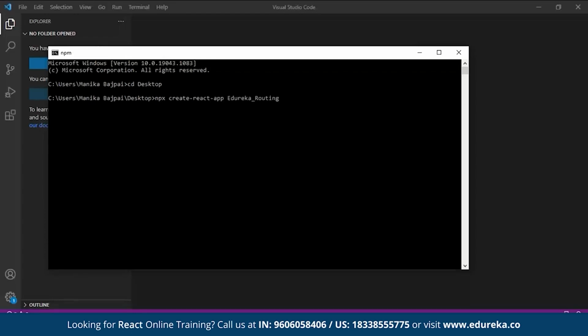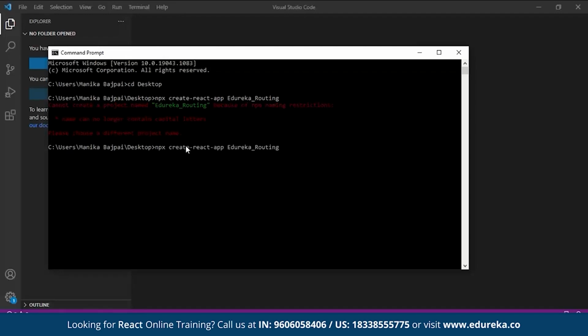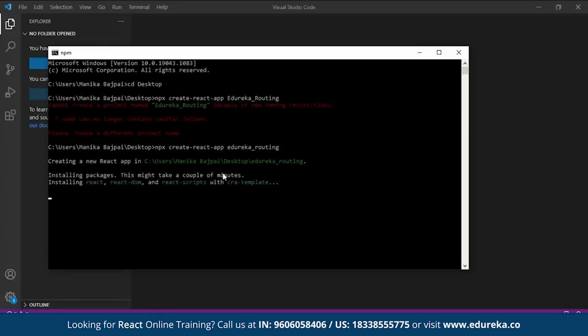Now this command will create. So now here you can see we cannot create a project named Edureka_routing because of the NPM naming restrictions. Name can no longer contain capital letters. So we'll just give it as Edureka routing. Now here you can see creating a new React app in this folder. Okay, inside the desktop we'll be getting a folder for the React application that will be known as Edureka routing, and